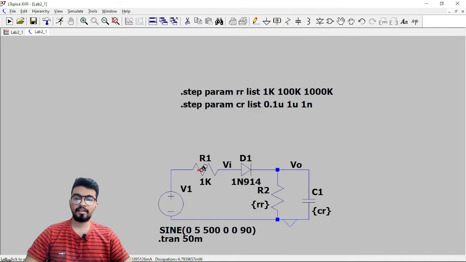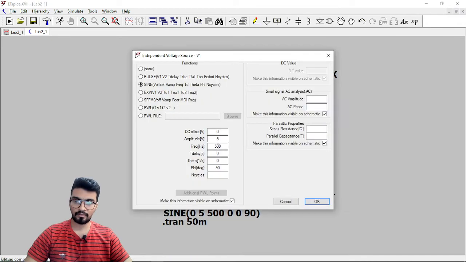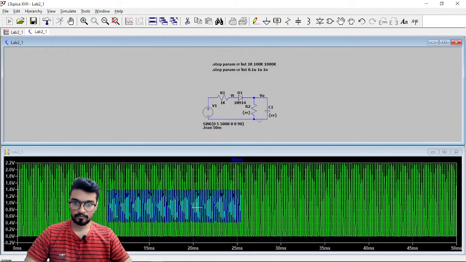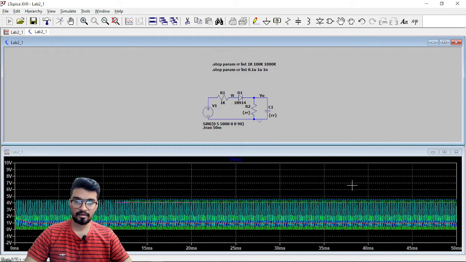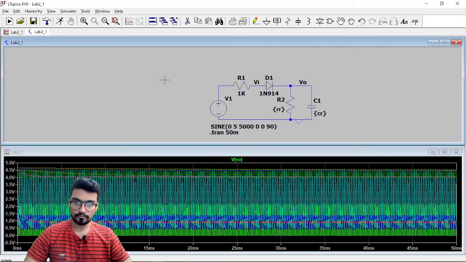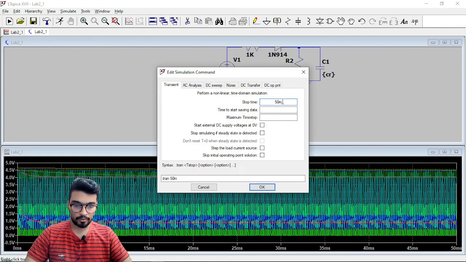You can also vary this resistance and check, and also you can vary this input. You can change this frequency to, let's say, 5000 hertz. Okay, and then what happens? Because this is 50 millisecond and this is 5000 hertz, you can remove this and do here 1 milli.